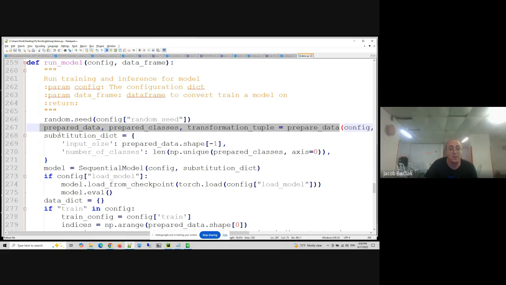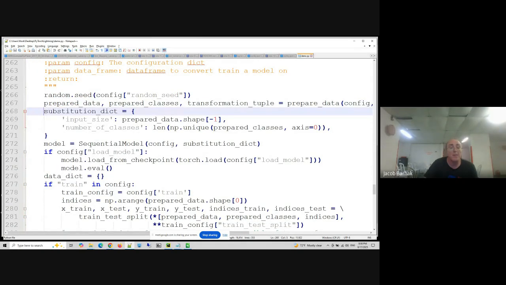This is the function we just explained. Then you remember, we run the sequential model, and we replace input size with the size of the data, like how many columns, what's the vector size that came out. This is how many nodes we need in the first layer. So this is the input size. The output size is the number of classes. In our case, it's 3, because we have risky, adventurous, and normal.